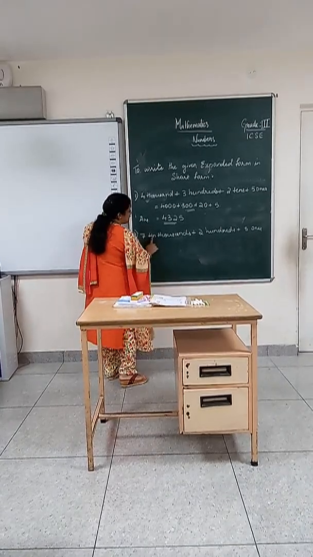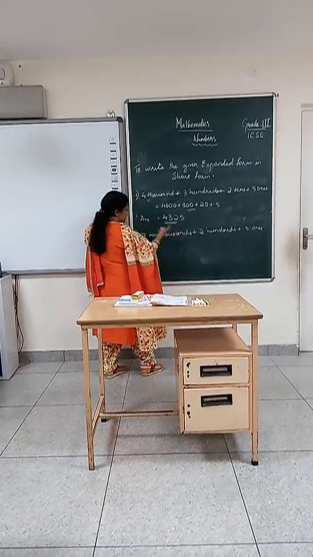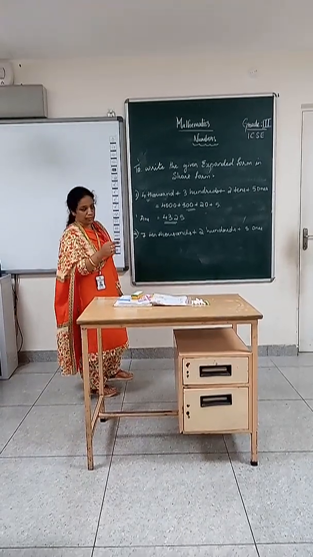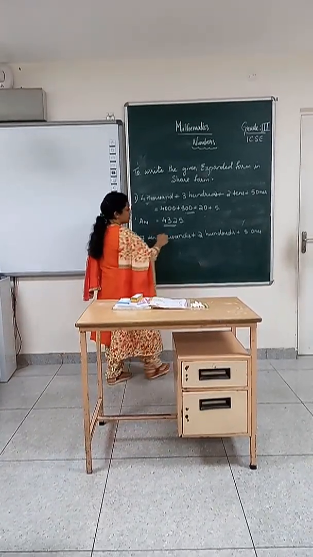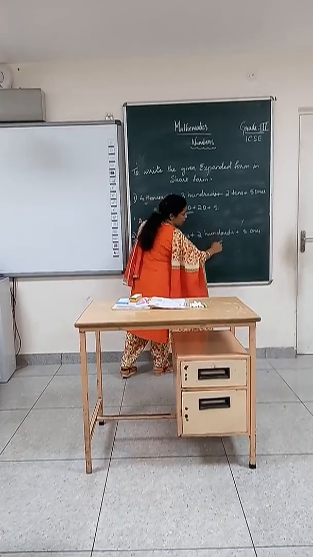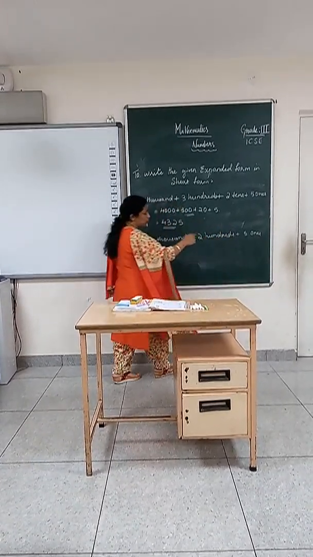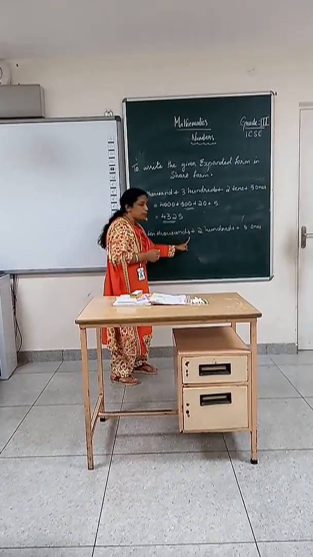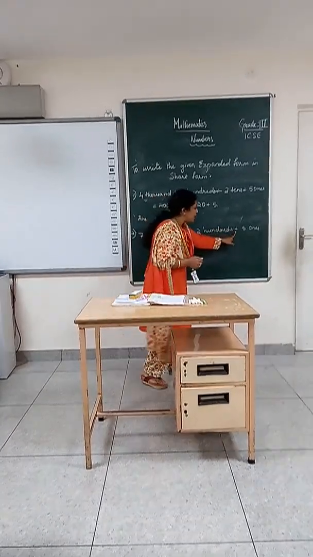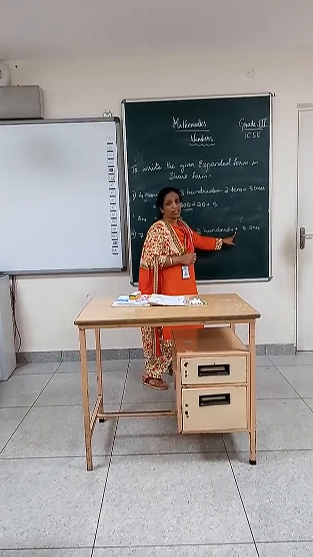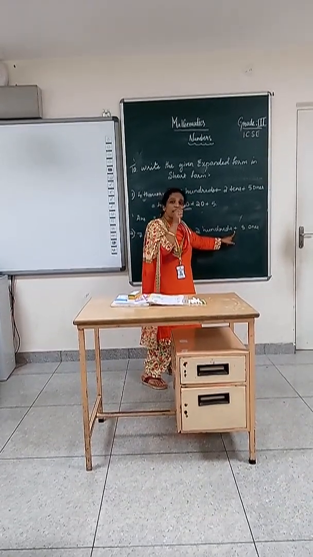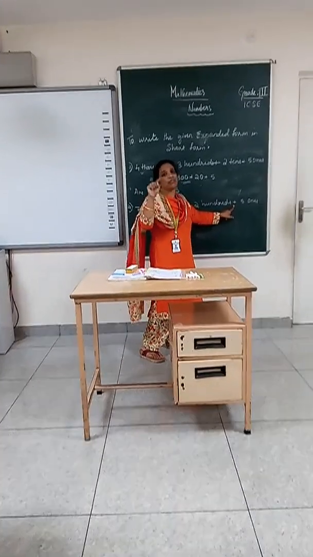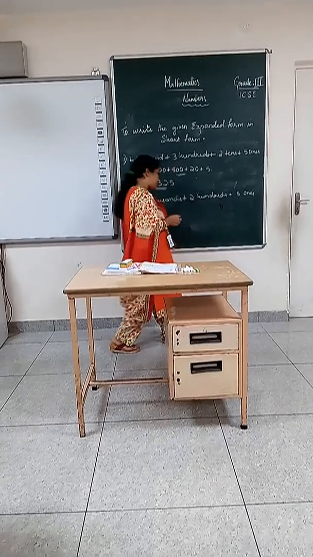So it is 7 10,000s. 7 into 10,000, it forms 70,000. 70,000, then plus 200s plus. Again, you can see that tens place is missing. Here, thousands place is missing and tens place is missing. So what are we going to do here? You have to write 0. Whichever the places it is missing, you have to fill it up with 0. So let us write that.